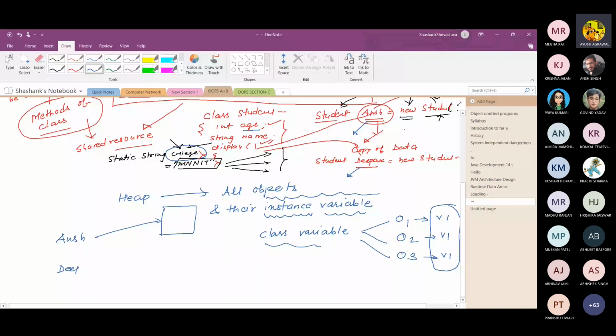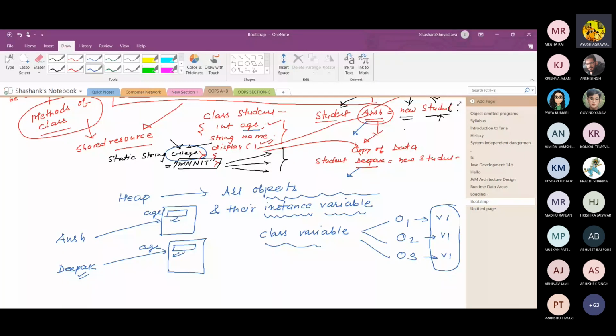In both memory areas, a separate age variable is created. With the help of the Ansh reference variable, you can access this particular age. With the help of the Deepak reference variable, you can access that memory location. So in the heap, all the objects and their instance variables are created.